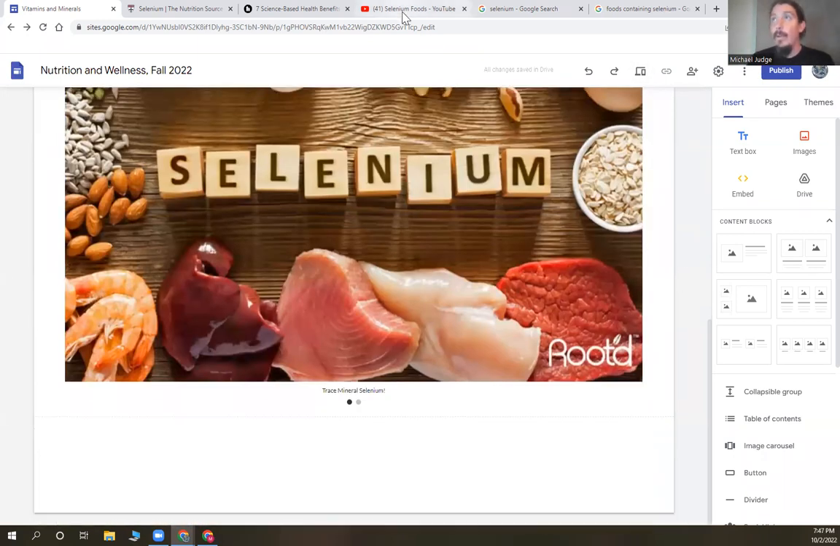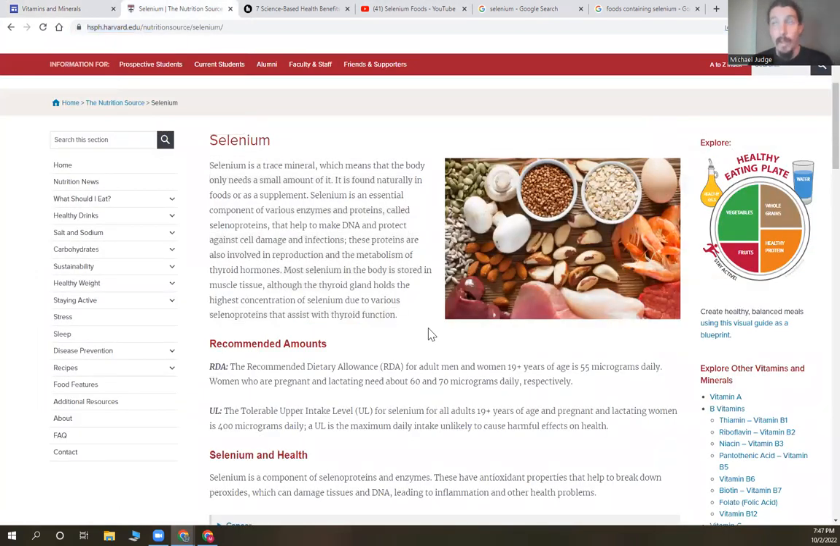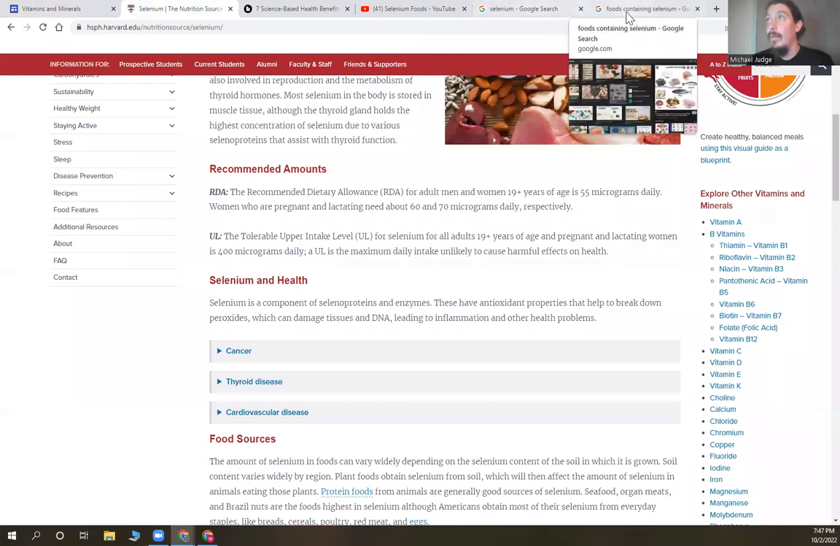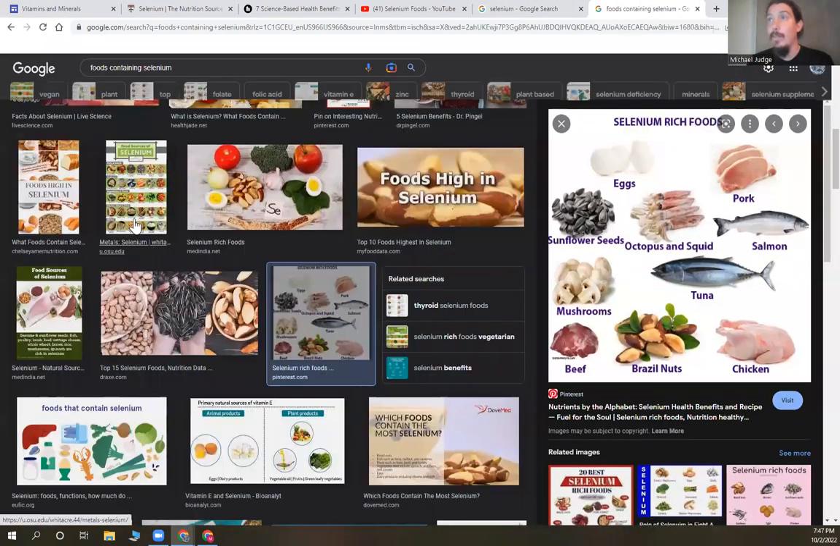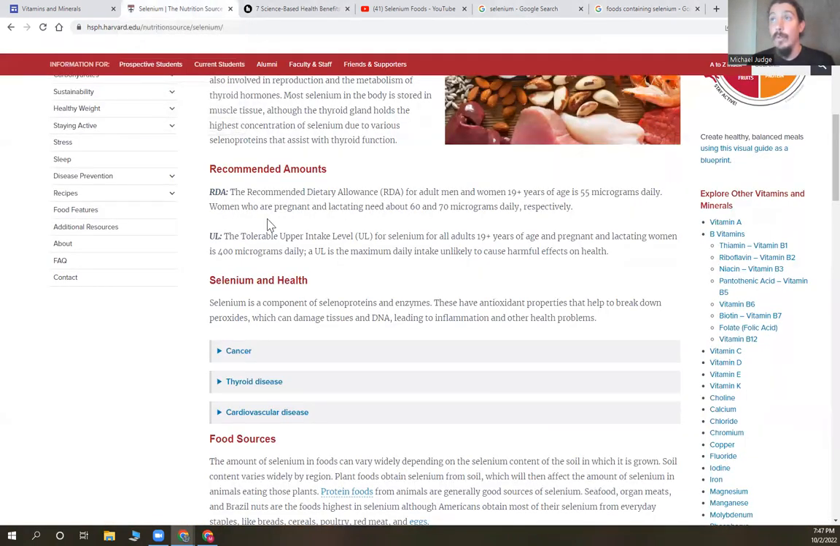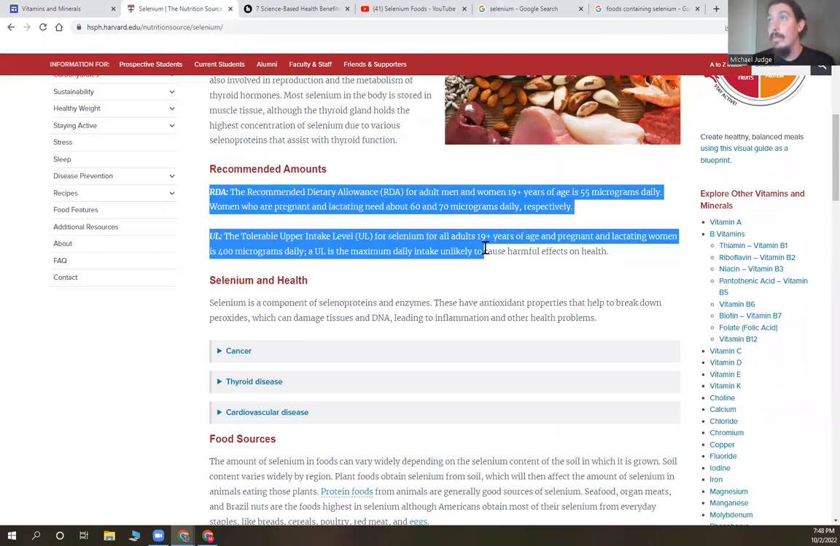Okay, next thing I'm going to want to do is click back over to my database. I'm going to want to get some more text. Definitely want to vary the text and the images. And so for sure, I'm going to use this as a starting point: the recommended amounts, and then also the image that I liked before of top 10 foods rich in selenium. So I'm going to combine that, and I'm going to use the text from here, recommended amounts. So I'm going to steal that from here,